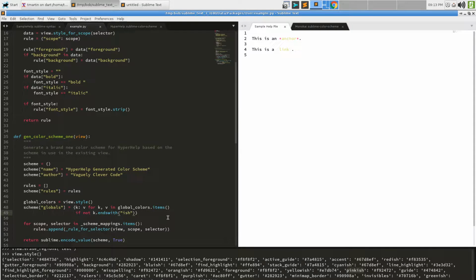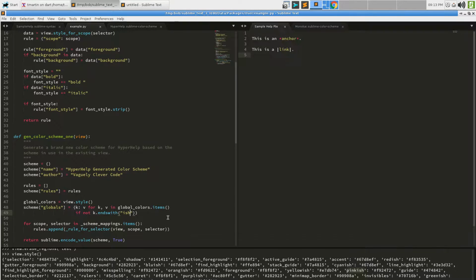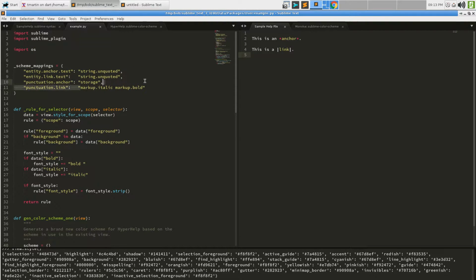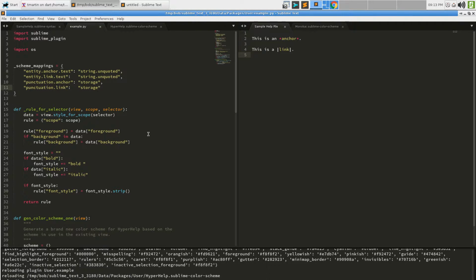And just like that, if I run the command, it starts looking more like what we would expect, except that I should probably change this back to storage like we want it to be.